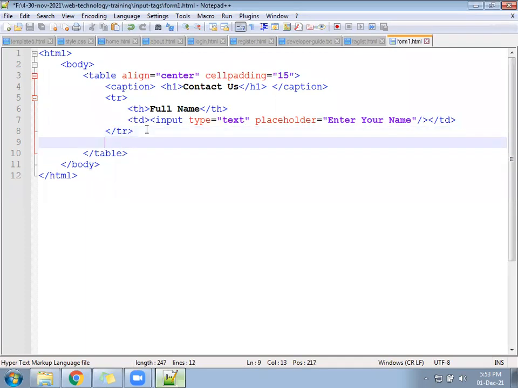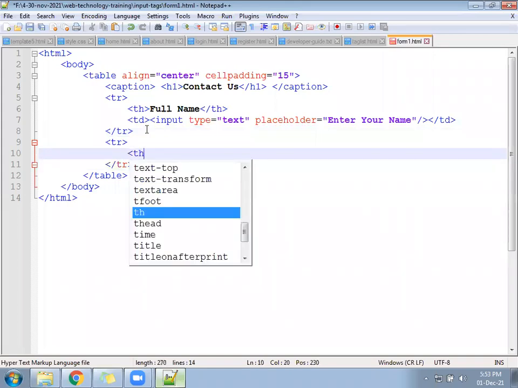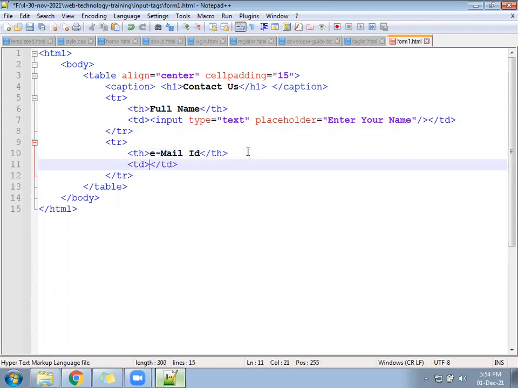Okay, let's come down, right below, a TR. Inside, you follow a TH, for example Email ID. Follow a TD. Input type equal to email. Email is small only.